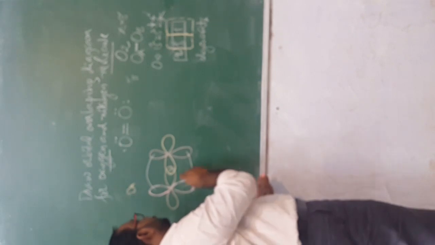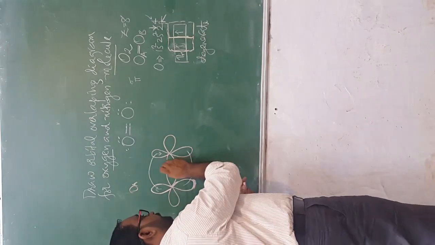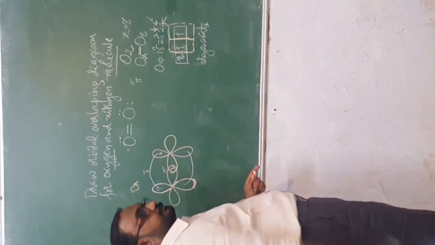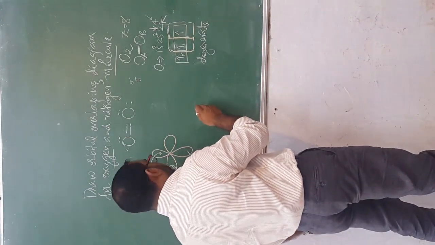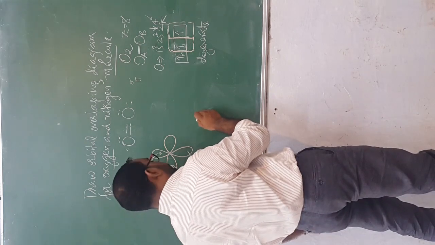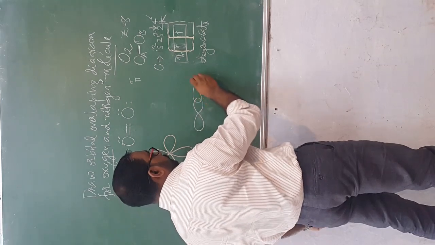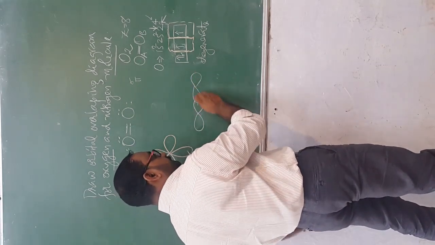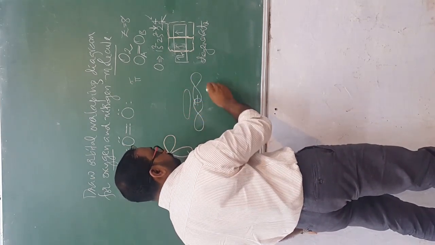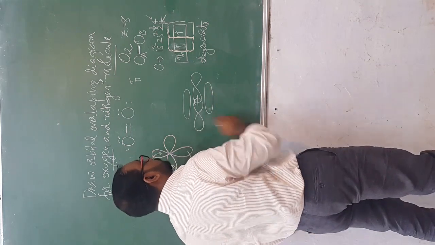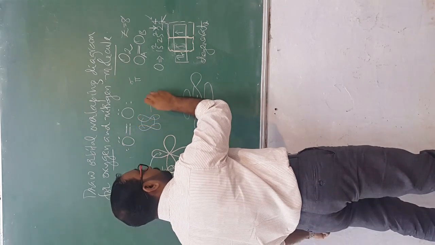2 electrons are paired, and here also there are 2 electrons paired. A sigma bond here and a pi bond over here. Hope you understood. And once the pi bond is formed, you can draw the orbitals like this. A sigma bond, sigma. Then once the pi bond is formed, it will be like this. Once they overlap, the 2 p orbitals overlap and they form